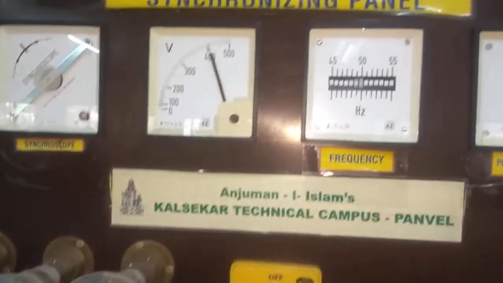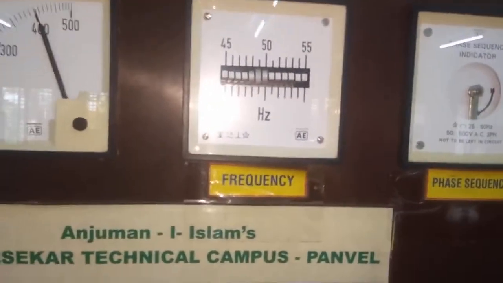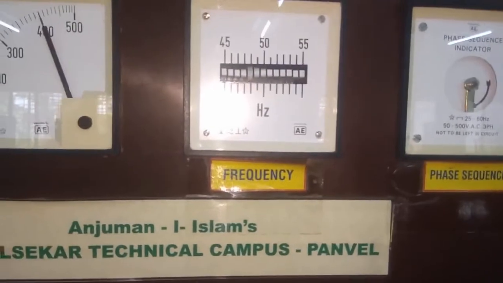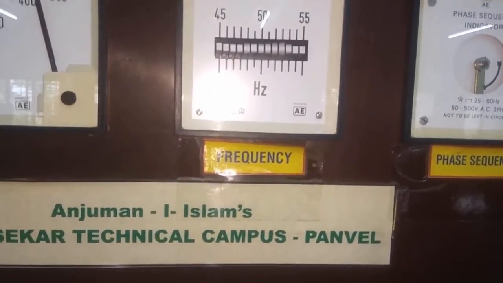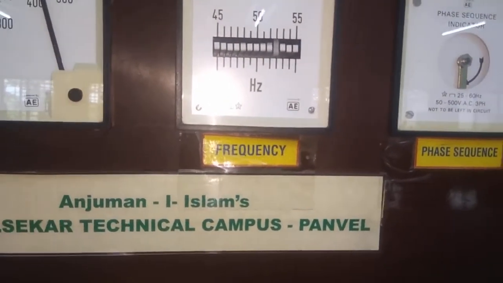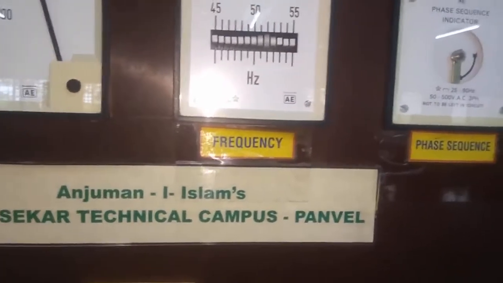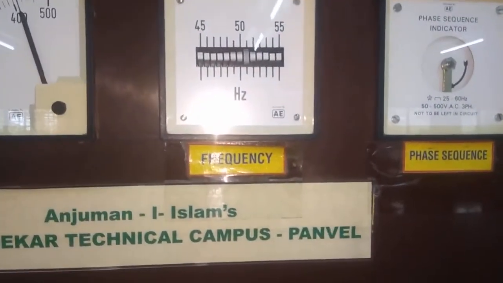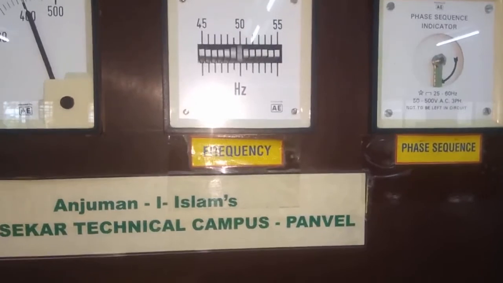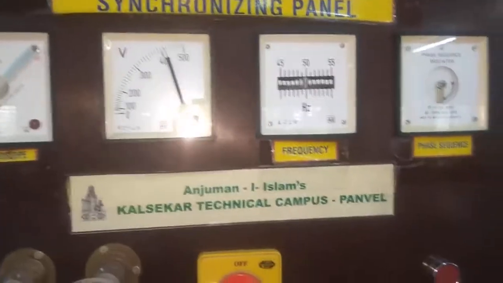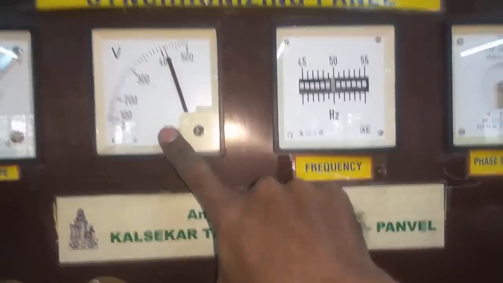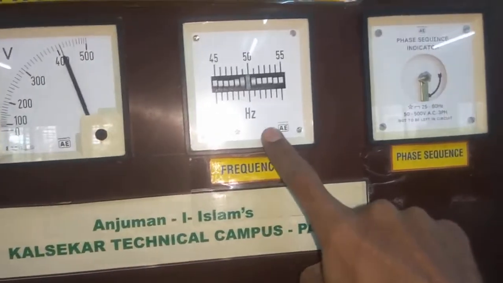You can see the frequency is accurate. Increase a little. It increased too much, reduce. Reduce more. 54, 53, 52, 51, 50. Okay. So now the voltage is the same for both the alternators, the frequency is the same for both the alternators, and